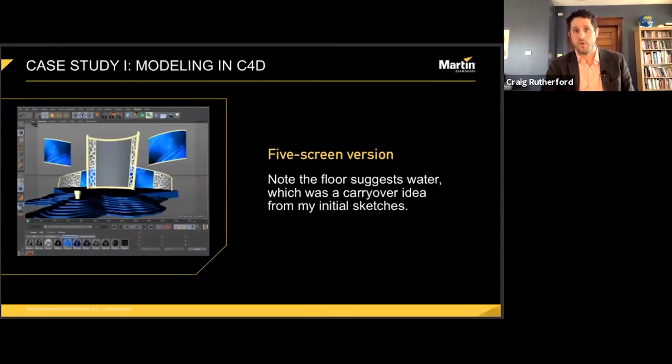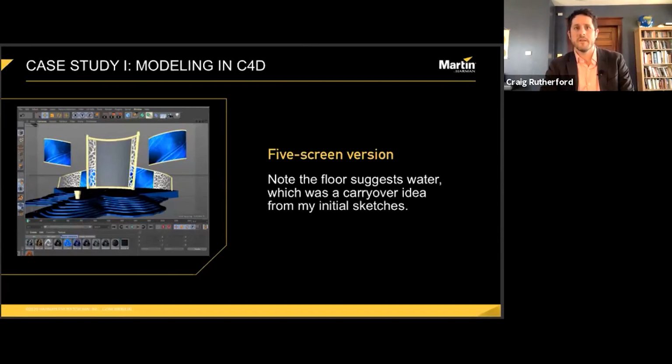That remained true when it came to modeling this curved shape that makes up the main screen, along with the additional curved shapes that make up the side elements and the other curved screens. So I used Cinema's volume builder for this, which allowed me to model everything as NURBS curves first, and then apply some volume to it and fill it all out before texturing it.